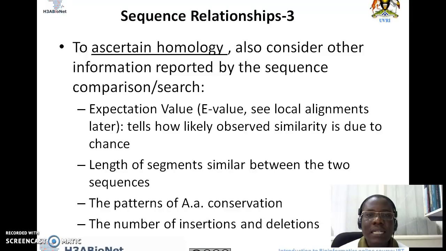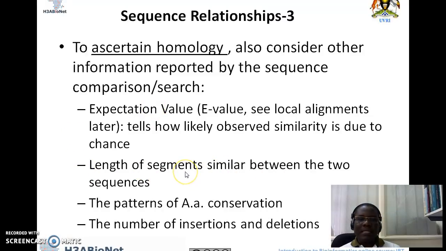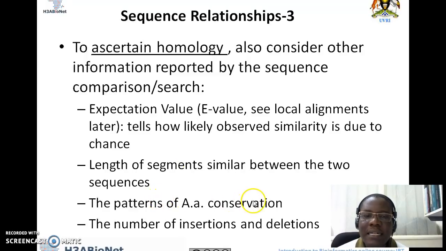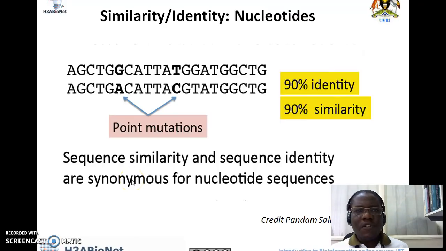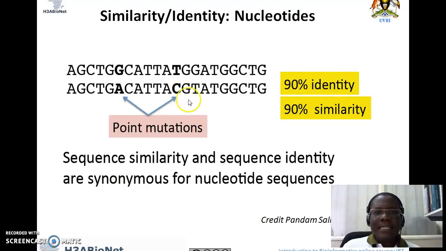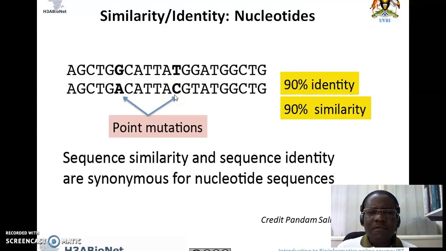Therefore, in order to really ascertain homology, also consider other things, such as the expectation value, length of the segments similar between the two sequences, the patterns of the amino acid that are conserved, and the number of insertions and deletions. Note that for nucleotides, identity and similarity are synonymous and they can be interchanged in this situation. For example, in this figure, you have nucleotide substitutions that involve or share roughly the same basic characteristics, but they are really not